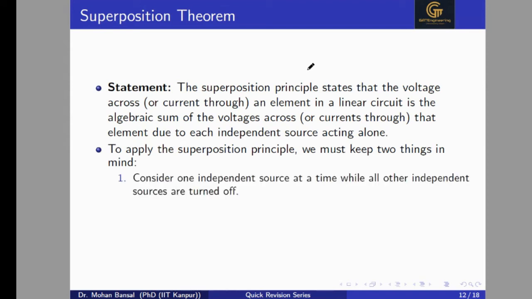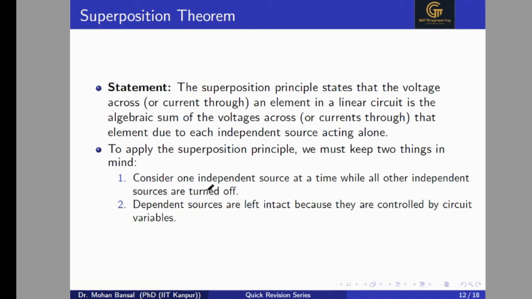So you need to remember these 2 points for solving the superposition theorem. First, you consider only one independent source at a time while all other independent sources are deactivated or turned off. What does it mean? Current sources become open circuits and voltage sources will be short circuited. A dependent source will be left intact because they are controlled by the circuit variable. So we don't need to deactivate the dependent sources, only deactivate the independent sources and consider only one independent source